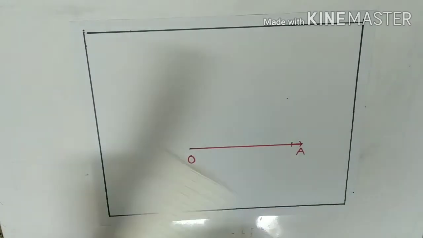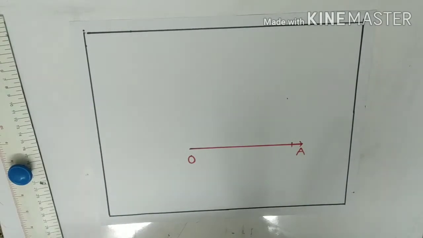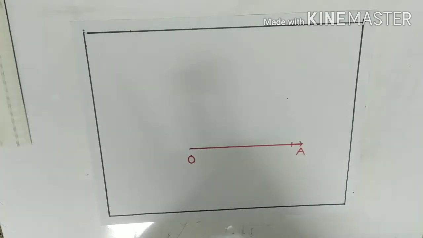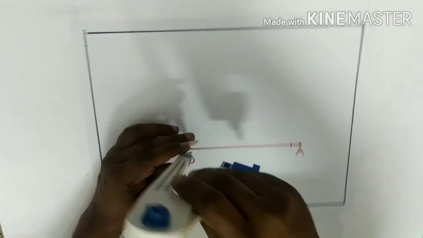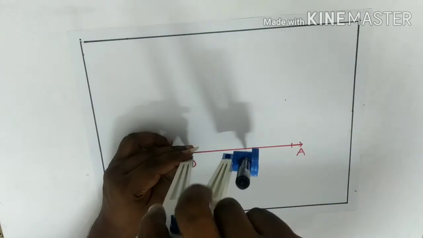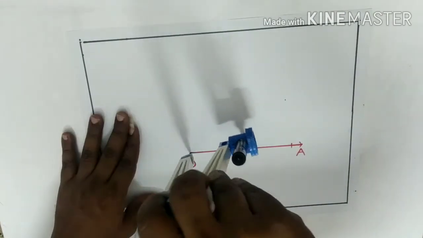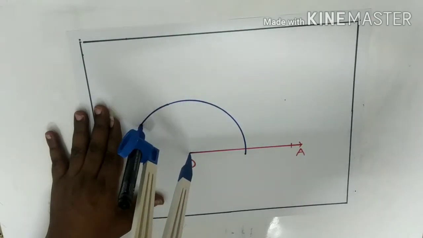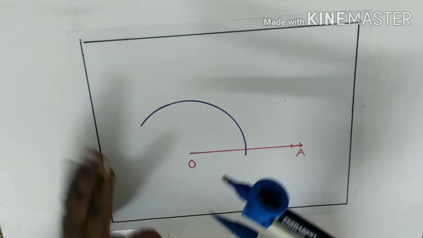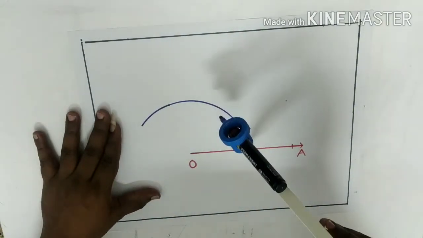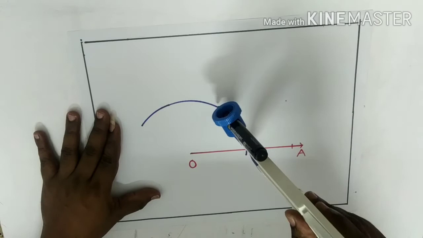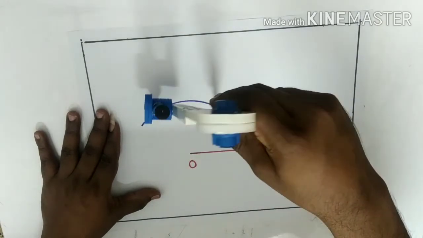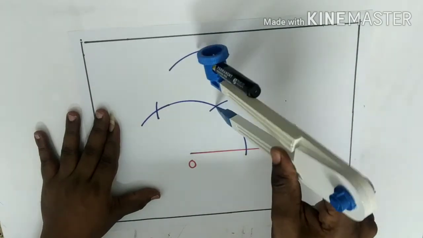Now, 90 degrees construction you have already learned. I am telling once again, right? You will take less than half and you will draw an arc. Don't change the distance, you need to draw nearly 16 arcs with this. One arc, second arc, and above one arc.